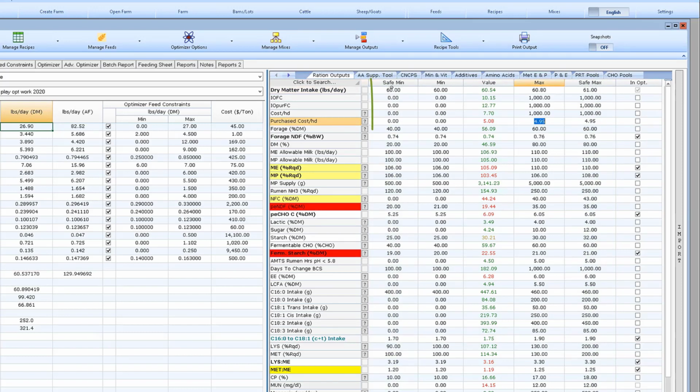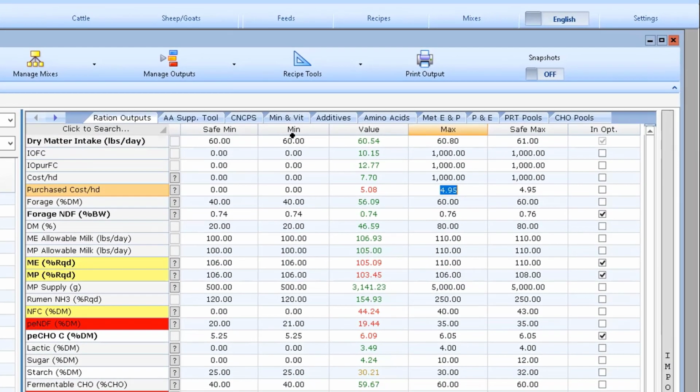Anything between, for example, the safe min and the min, it will still accept. It might not accept it as the best solution because it adds what we call a penalty function to it, where the further away you are from the min going towards the safe min, the higher that penalty. So it's still an acceptable diet, but it's not the best diet that it could find. So it'll keep looking, but those are realistic diets.